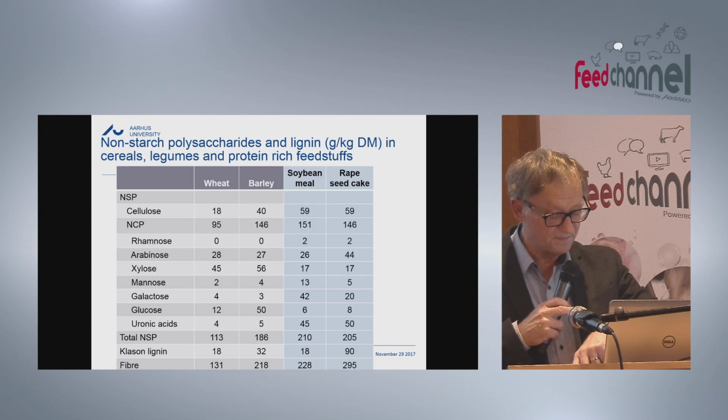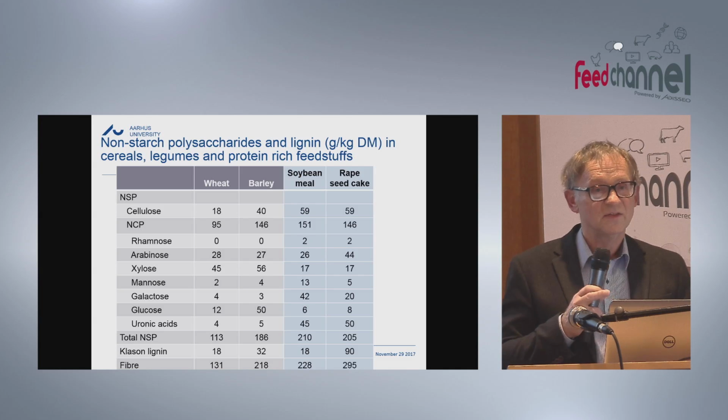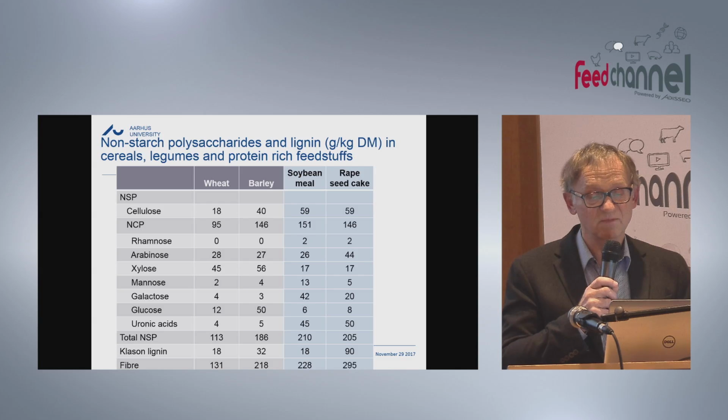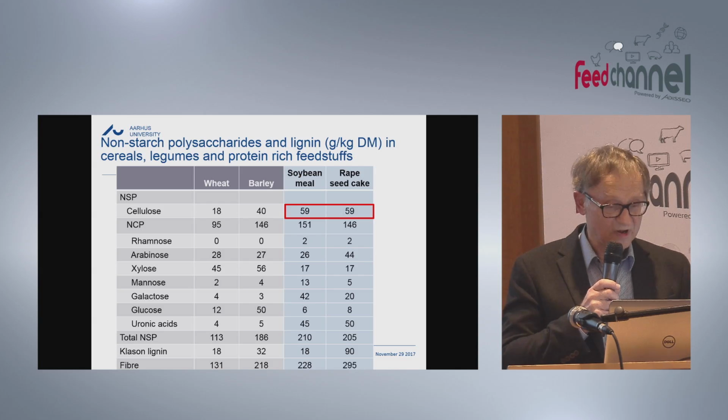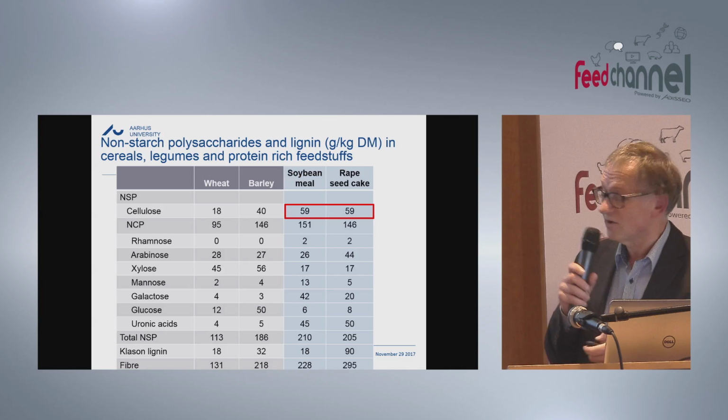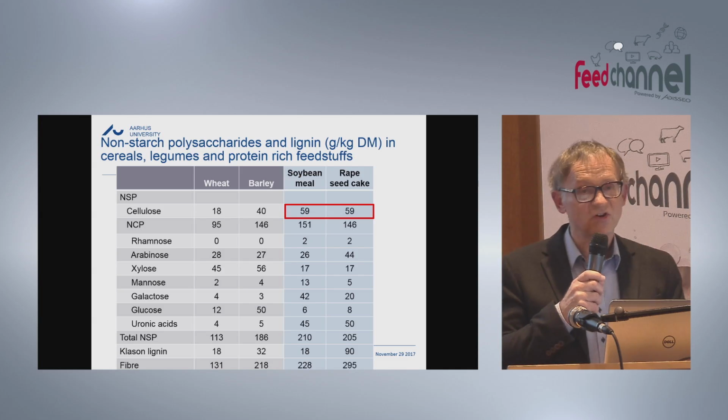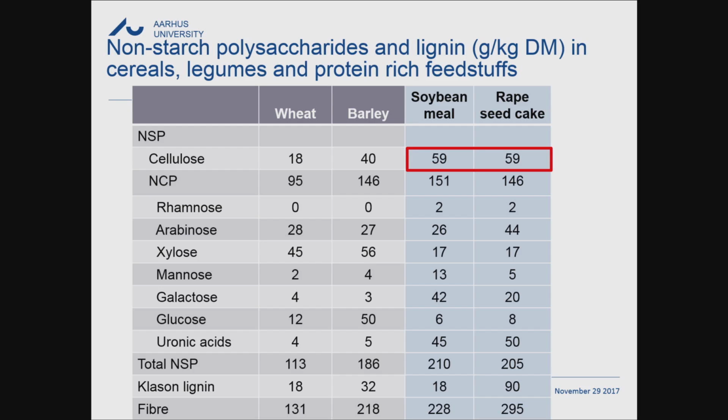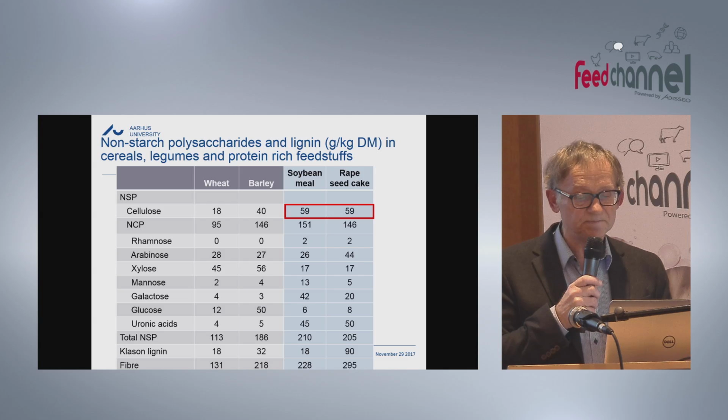How does it then look when you're comparing the composition of cereals relative to protein-rich materials, here exemplified by soybean meal and rapeseed cake? Well, first of all, when we are comparing the cellulose content of wheat and barley relative to soybean meal and rapeseed cakes, you'll see that it is consistently higher in the protein-rich materials,